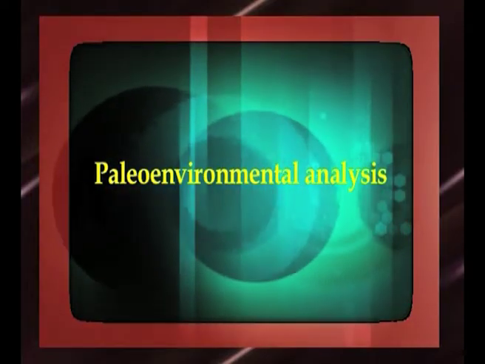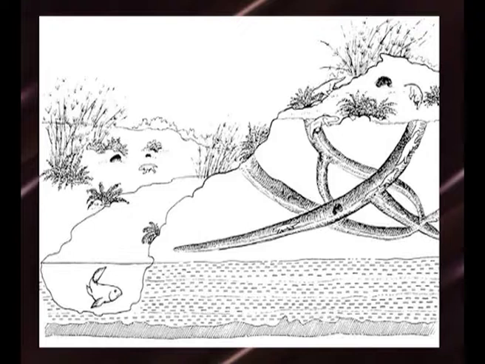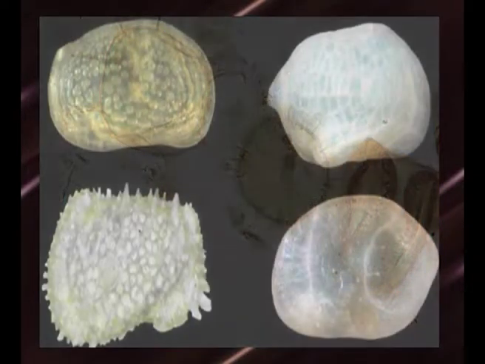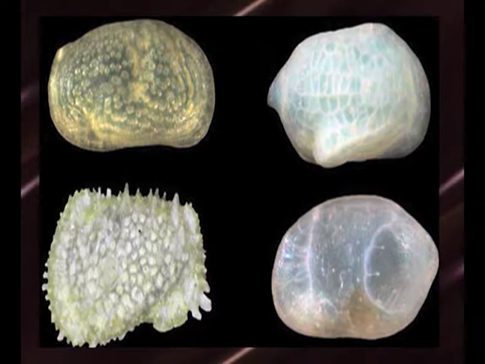Paleoenvironmental analysis. The basic steps involved in paleoenvironmental analysis are data collection, data interpretation and integration with other data sources. The kind of paleoenvironmental question to be answered determines the type of paleontological data that must be collected. Presence, abundance and relative species proportions of the palynomorphs, foraminifera and ostracods, for example, are used to determine depositional environment